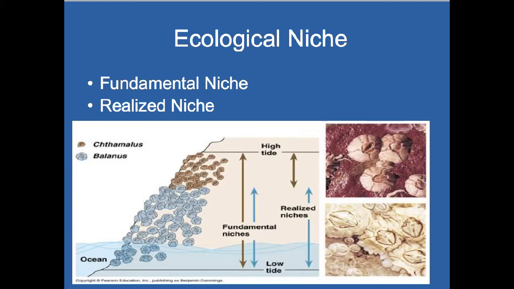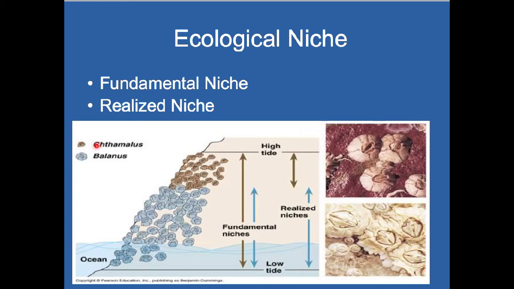Well, in biology, we also have niches, where you can have a fundamental niche, which is an area where something can live, and a realized niche, where they actually do live. So looking at this diagram here, I have two different types of species of barnacles. And someone asked me the other day what a barnacle is, and this is what they are. They're this shelled mollusk that attaches onto the side of different rocks or other organisms. And I have this Chthamalus and the Balanus barnacle.